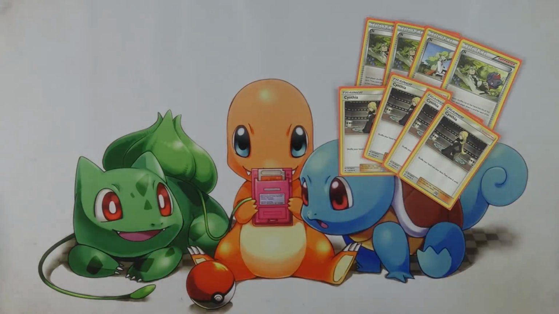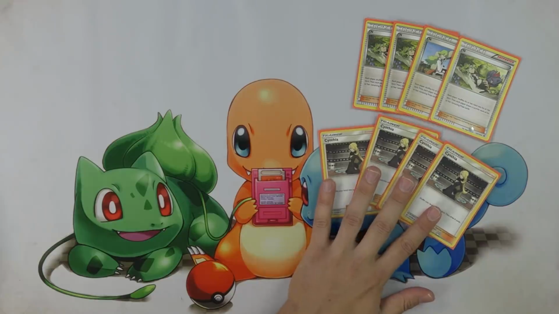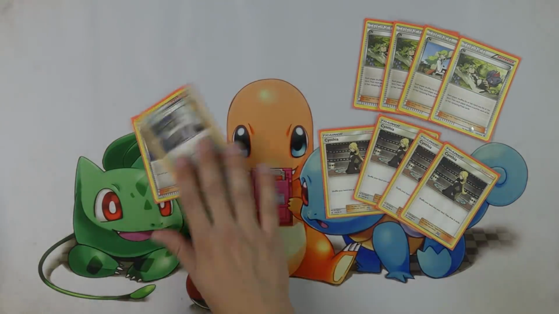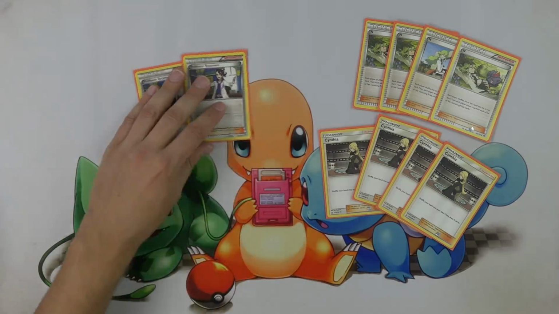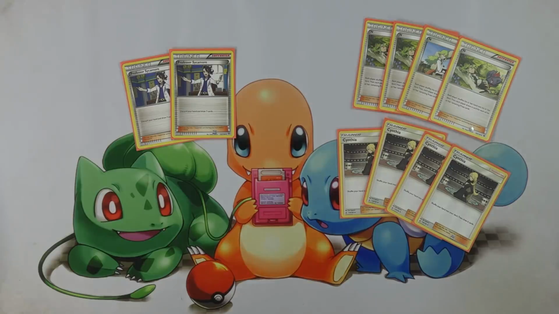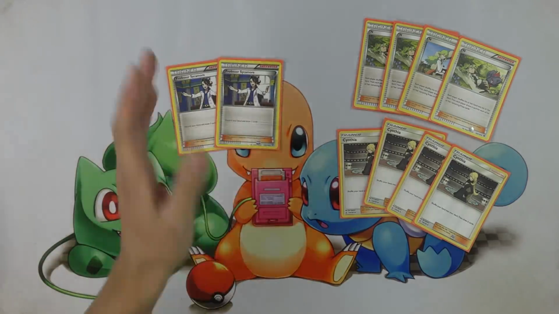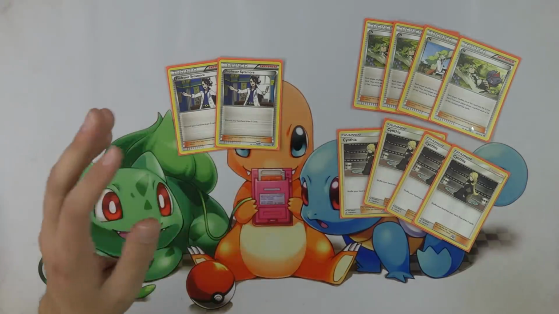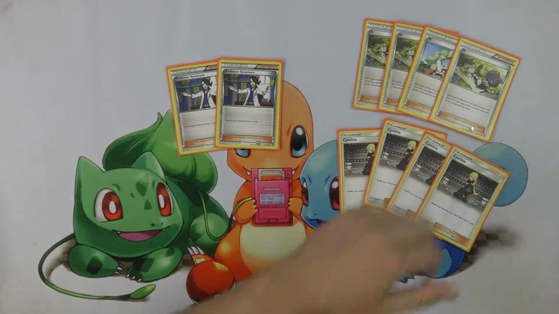4 copies of Cynthia. Shuffle Draw is so good for this deck because you want to conserve your resources while continuing to draw new cards. And we also play 2 copies of Professor Sycamore, and this is very good. This is very similar to actually what I'm playing in my own Greninja GX deck and a lot of these evolution decks. Sycamore counts are being cut so that you can conserve your resources with shuffle draw cards like N